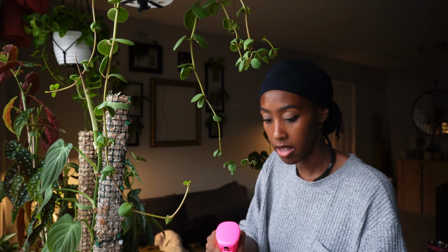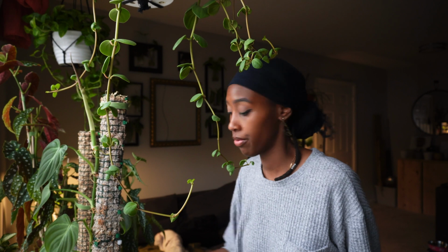And I just know that there's nothing going on with this plant. I have confidence in myself in knowing that this plant is good. And if I'm wrong, I'm wrong. You know, it is what it is. But yeah, I'm just gonna move this here. I'm not going to be wiping that one down. The next plant I'm going to move to,